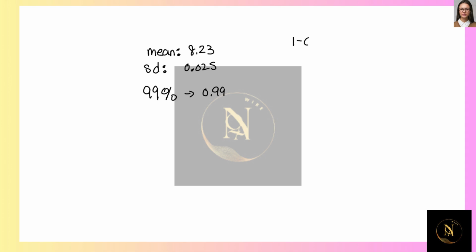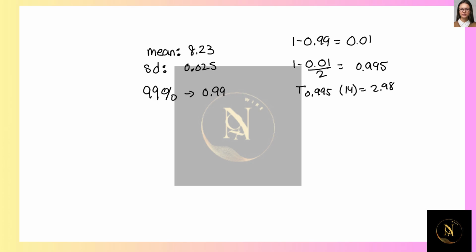So you have to do 1 minus 0.99, and that's 0.01, and then 1 minus 0.01 divided by 2, and that is 0.995, and then t 0.995 times your degree of freedom of 14, and that equals 2.98. So then 8.23 plus or minus 2.98 times